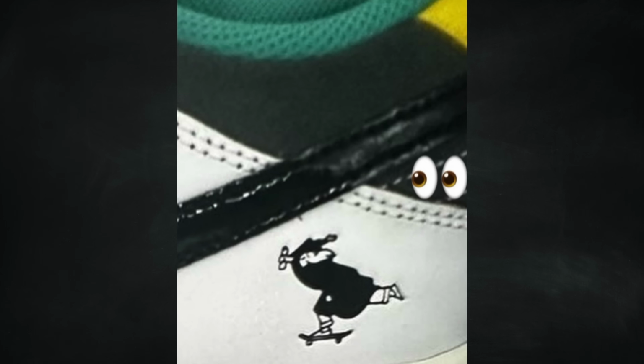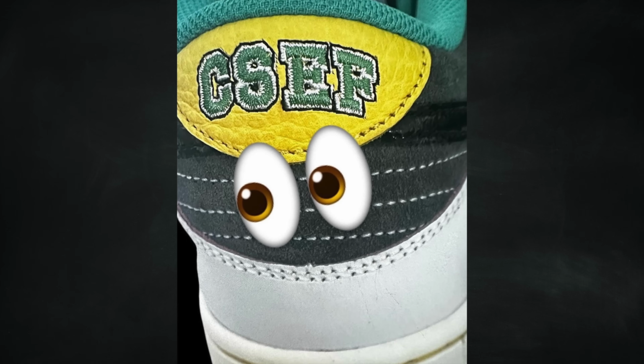So the shoes feature various shades of green and yellow throughout. We have white leather on the base, and then it appears that black patent leather will be used on the swoosh. Now there's also a silhouette of an individual on a skateboard. I believe that's somebody wearing a cap and gown. It's a bit hard to tell. There's also CSEF embroidered branding on the heels. And it looks like on the inside of the tongue, it'll have a special label, which kind of looks like